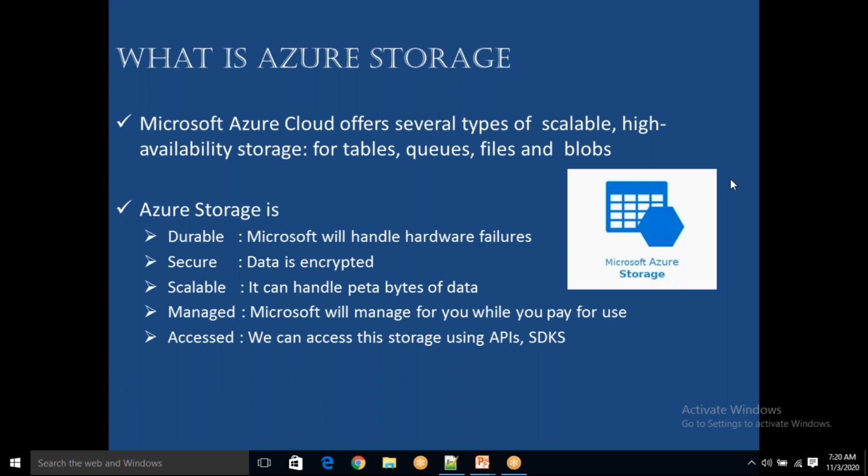Yeah, go on, Murali. So high availability generally means maintaining a copy of the data, right? If your primary server is down, the secondary will come up. In this case, it is totally taken care of by Microsoft, deciding which one is the primary or secondary node. Exactly, that will be done automatically. If one availability zone or one copy is not available, you will be served from another copy of data. Okay, clear, Murali? Thank you.